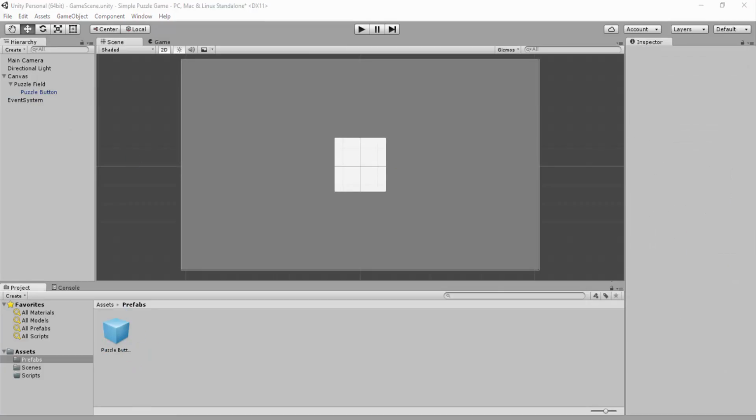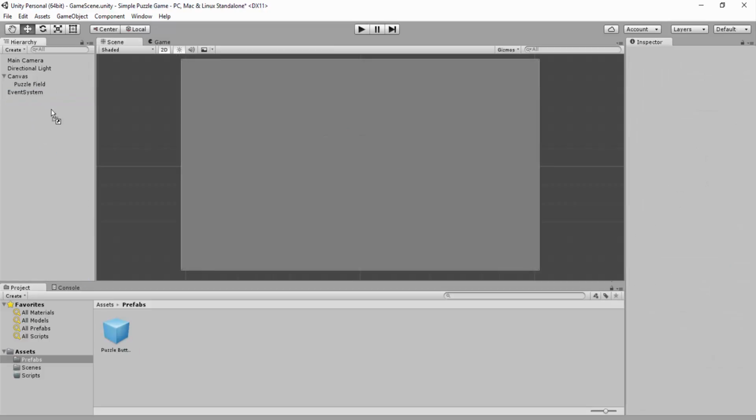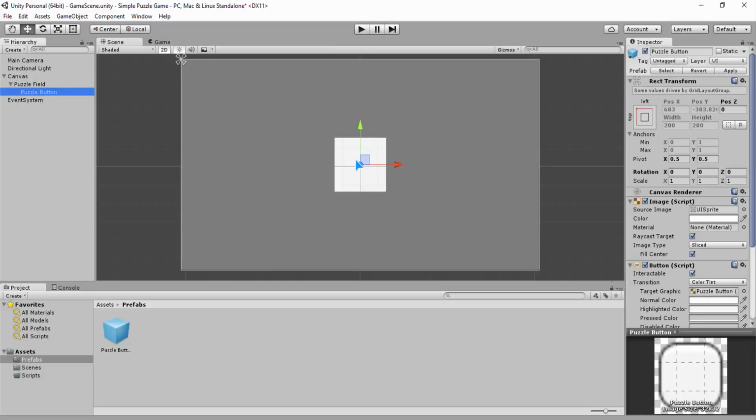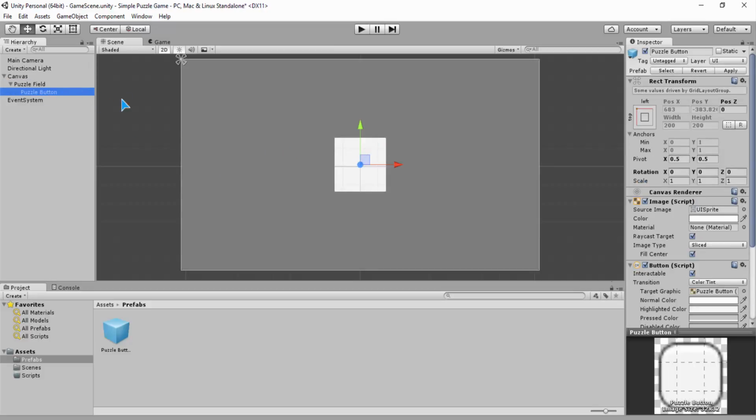Here in the folder we see that it has this blue cube near it, which indicates that our button is a prefab. So you can reuse our button even if we delete it from the scene. We can simply put it in the hierarchy like this, and then in the editor, in the puzzle field, we have the puzzle button again.